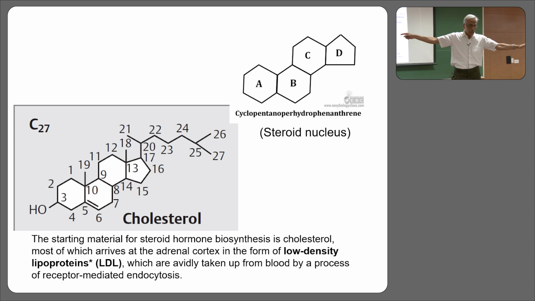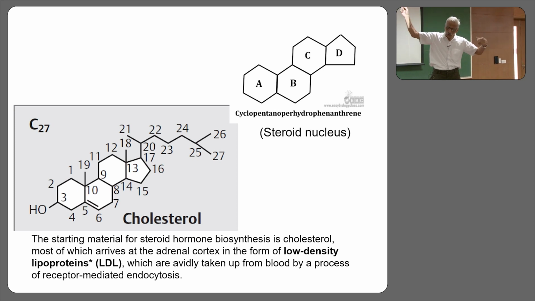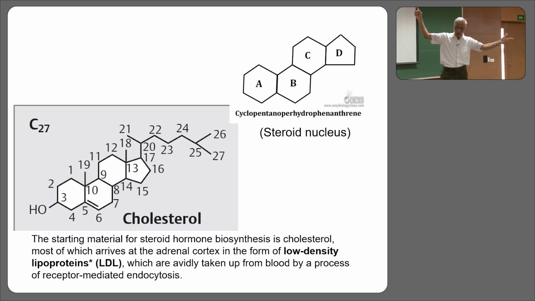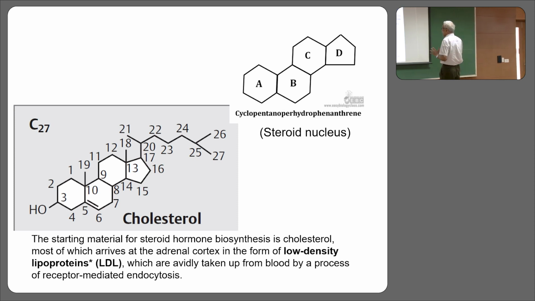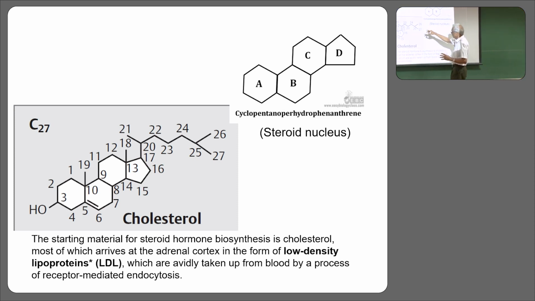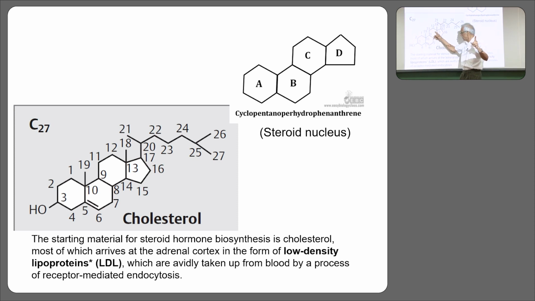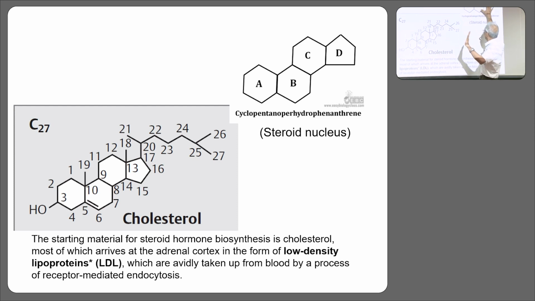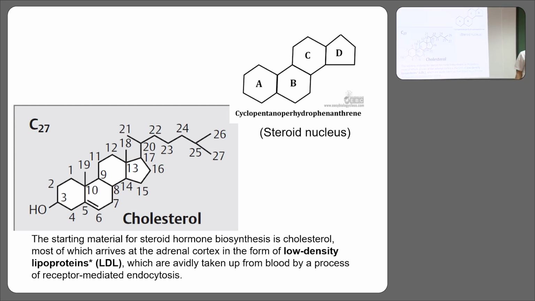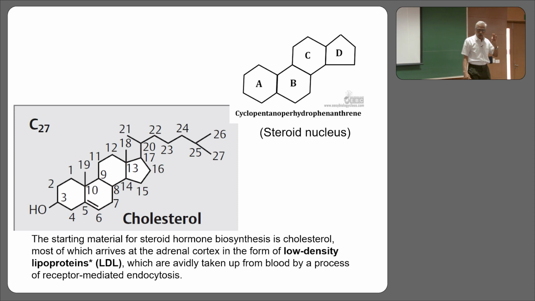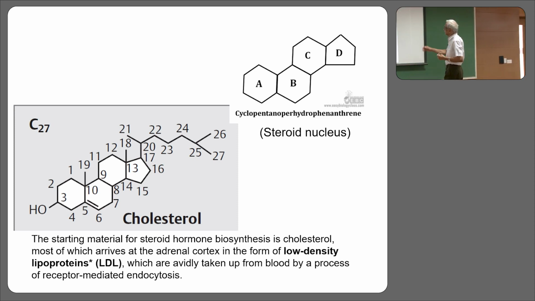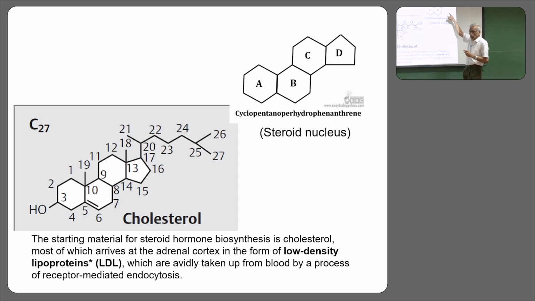Start with cholesterol. And where does it come from? Liver, in the form of what? LDL. Now there are 4 rings, 6 membered, and how many membered? 5 membered. And this is called a steroid nucleus. What do you call it? Steroid nucleus. To identify the position of every carbon in the steroid nucleus, we label it as number